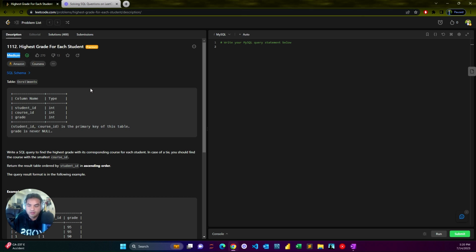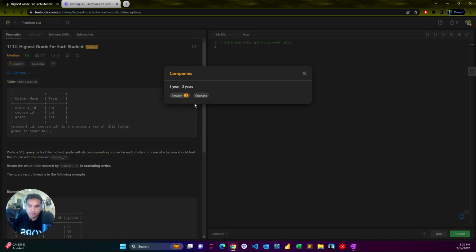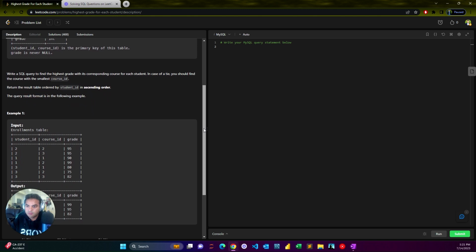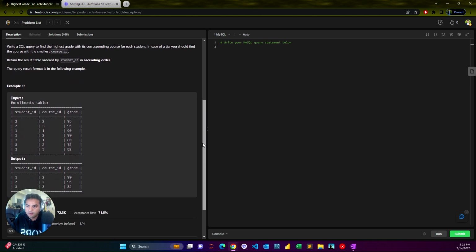So I've picked one of these problems that has been asked in an interview at a couple of these companies, the highest grade for each student. Let's take a look at the schema for this problem. The schema looks really straightforward. We only have one table, the enrollments table, where we have the student ID, the course ID, and the corresponding grade